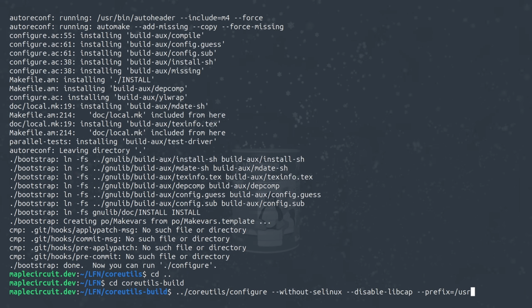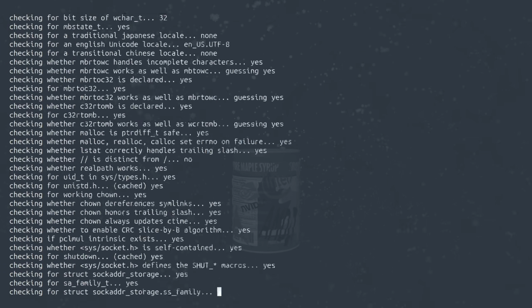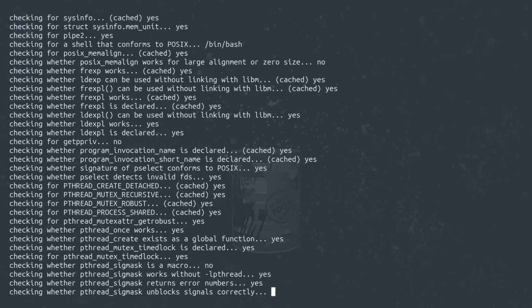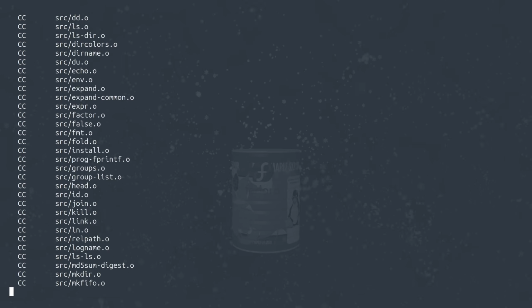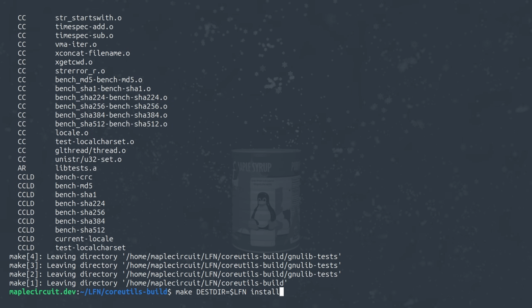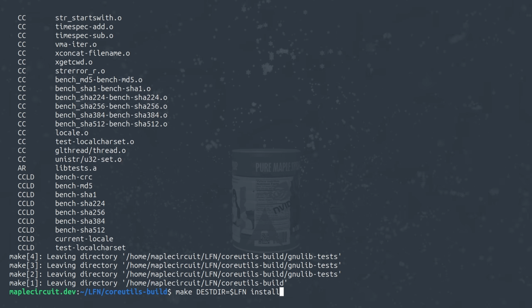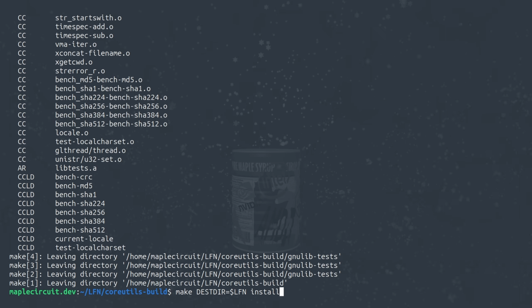And let's do the same thing for libcap. Libcap is another library that is there to give some graphical feature on the user space. Not really important for us, and we don't want to go into adding more libraries for now. So let's disable it to make Core Util as simple as possible to support. And let's again use the prefix /usr in order to install to the right place. Once that's done, we can do the make -j8, which actually compiles the software, and after that's done, we can do make DESTDIR=$LFN install, which will install it at the right place like we did earlier,